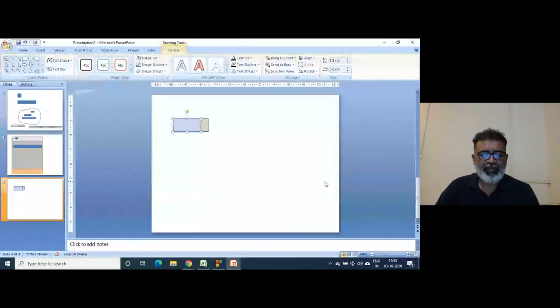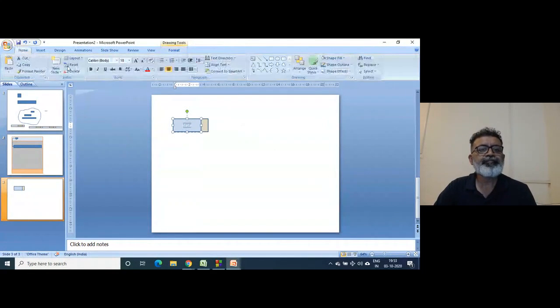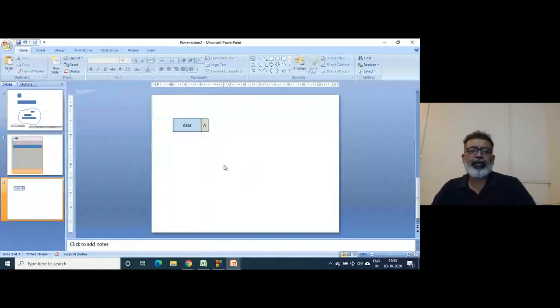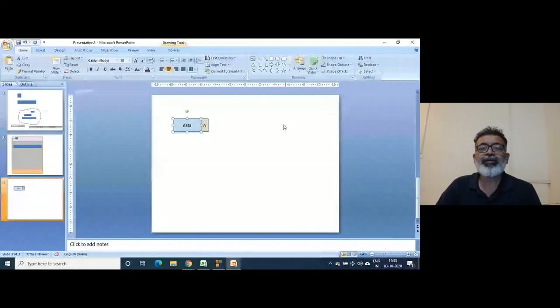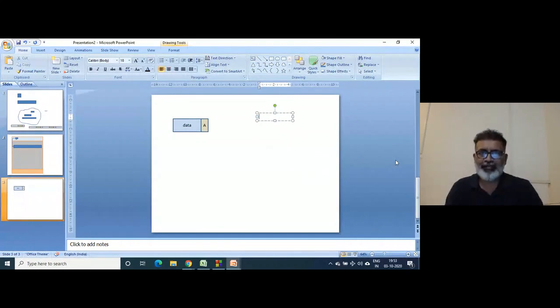So this is the data part, and this is the address part. What kind of address? So suppose this data part contains, suppose the phone directory, right?